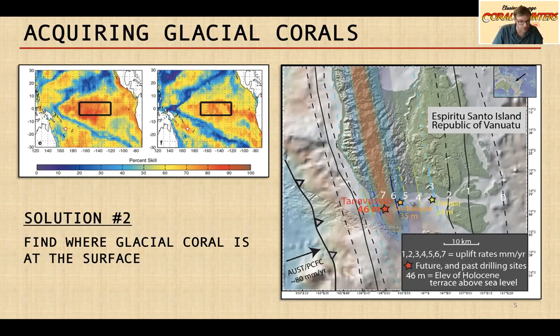In the left figures, Vanuatu is marked by the red stars here. I apologize for the size of them. And you can see that percent skill for detecting changes in ENSO is in the 60 to 70% range. So these regions here kind of fall right in there. So in Vanuatu, we have an ENSO signal, corals to record that signal, and those corals may be at or